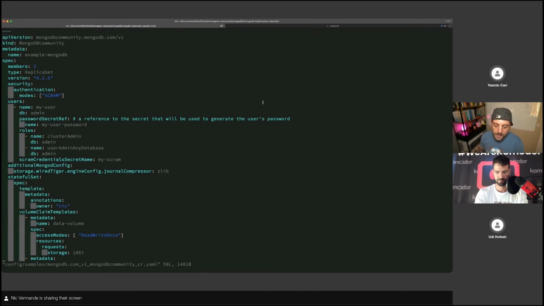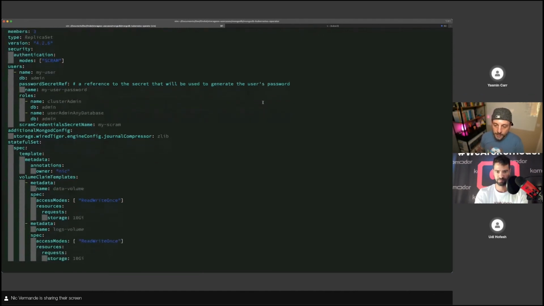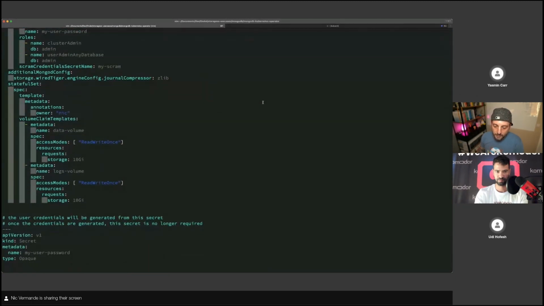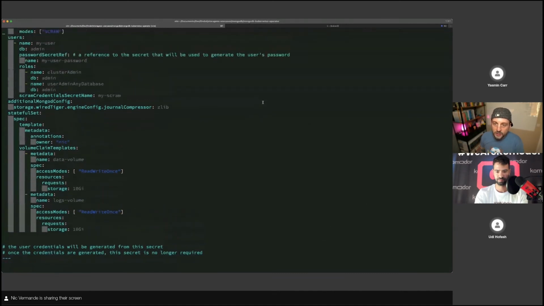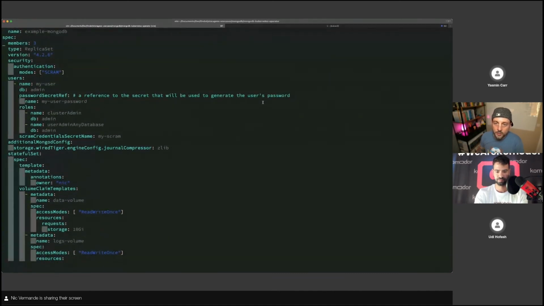So this is what Guy was mentioning before. Depending on the operator, you can create different things. You can interact with different parameters. So here, the only thing really that I'm going to interact with is the number of members. Remember, members will determine both the number of pods in the stateful set, but also the number of replicas of the particular database. And then you can configure things like users, password,